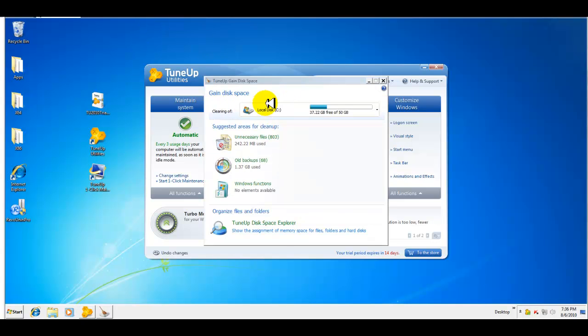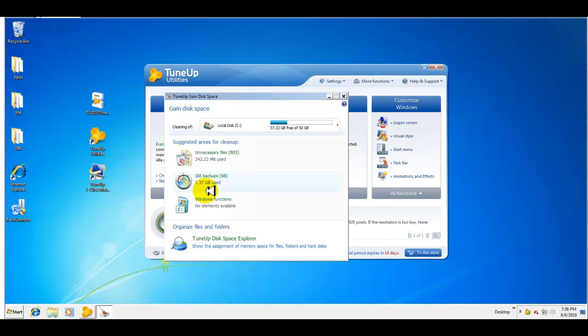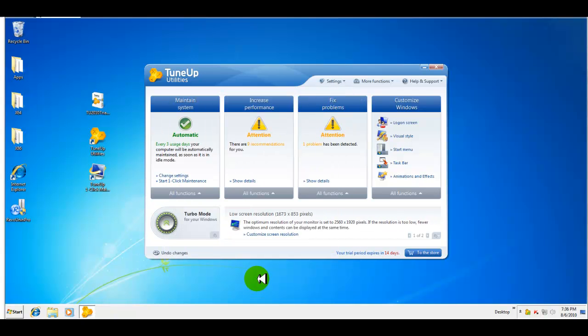Okay, so this is the disk space utility or window that opens up. You have 803 unnecessary files, or 242 megabytes. You have 68 old backups, almost 1.5 gig. Wow. No Windows functions like Live Messenger or IM or anything like that. So that's similar to your Windows feature that's pre-installed. You can do that. Last thing I want to do before I run out of time is show you the